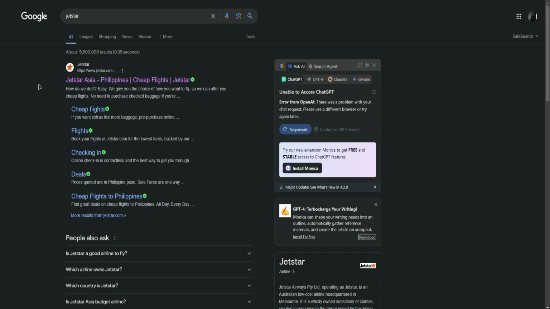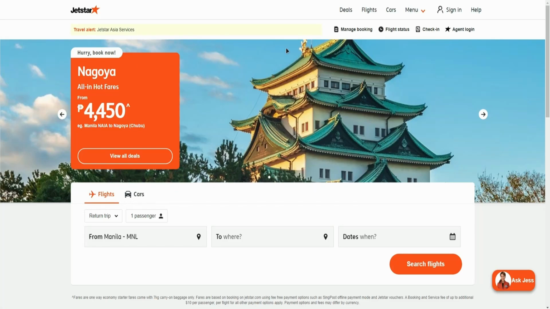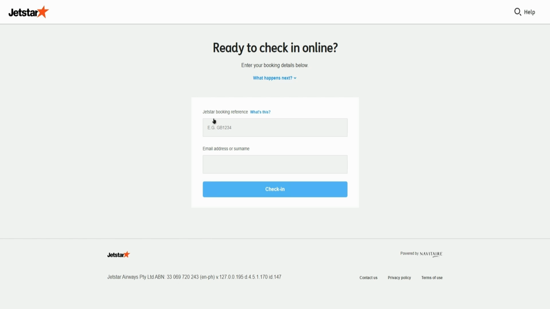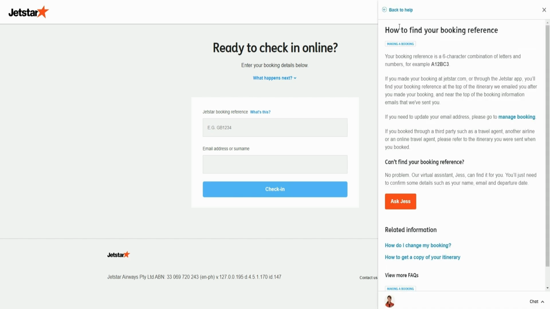So first, open up your web browser and search up for Jetstar. Once done, click on the first link that will pop up. When you're done with that, click on the check-in tab right here, and then from there, enter your Jetstar booking reference. So if you're wondering what your Jetstar booking reference is, so to find your Jetstar booking